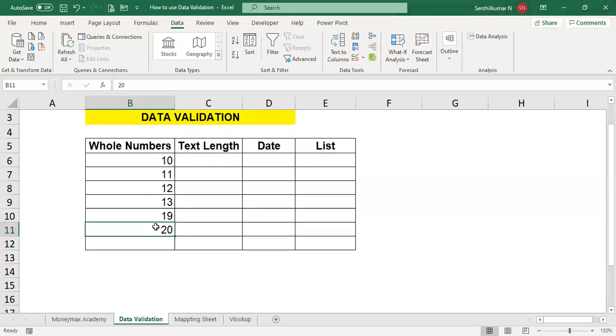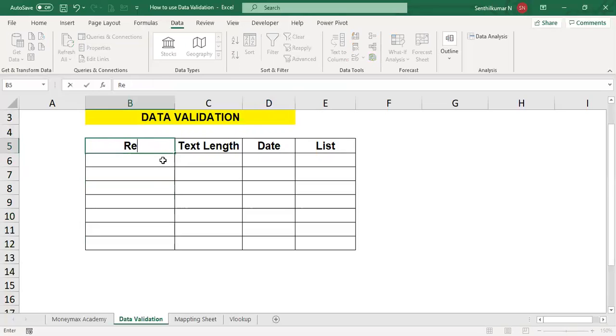Okay, friends, now you can ask me where we are going to use whole numbers like this. Now you are working in an institution. You have to fill in the registration number.